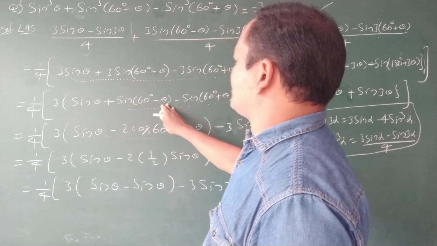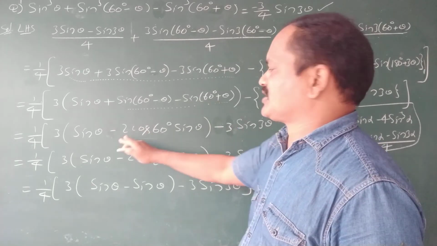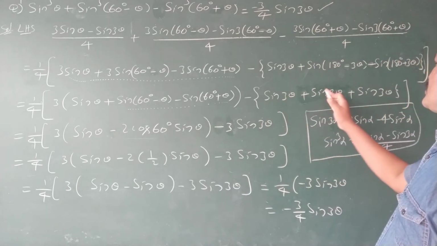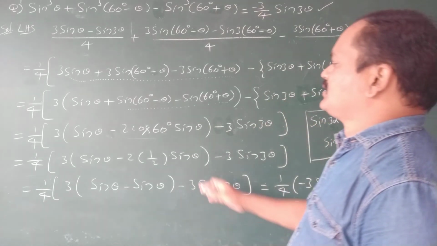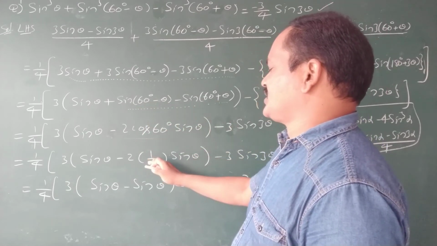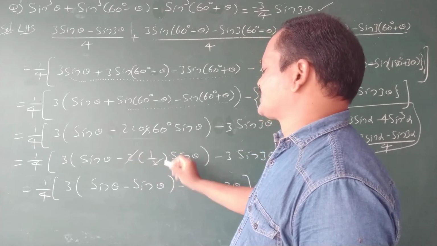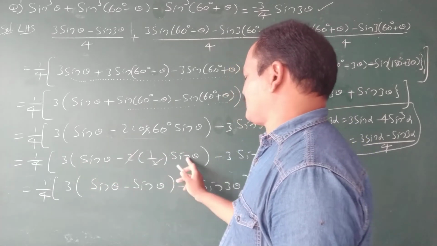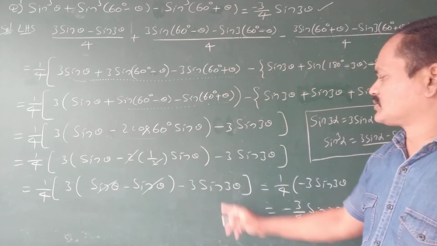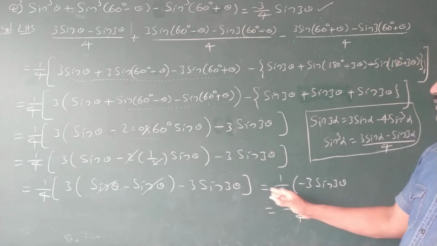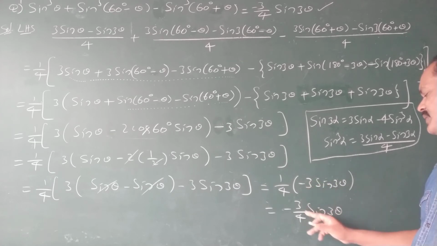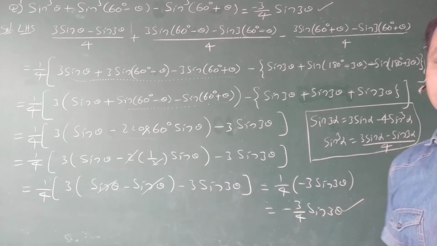Now observe this is in the form of difference of sine expansion. So sin (a minus b) minus sin (a plus b) is nothing but minus 2 cos a sin b. Here it is 3 times of that, plus sin 3 theta. Here 2 cos a sin b, where a is 60 degrees and b is theta. Cos 60 degrees is 1 by 2, so the 2 gets cancelled. So here it is 3 times of sin theta minus sin theta, so sin theta gets cancelled and it is 3 times 0. So minus sin 3 theta. So 1 by 4 times minus 3 sin 3 theta, that's why minus 3 by 4 sin 3 theta. That's all.